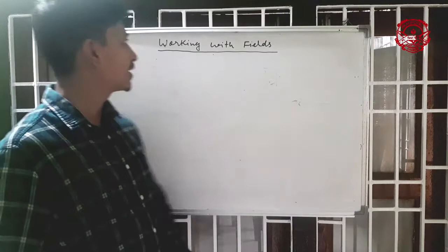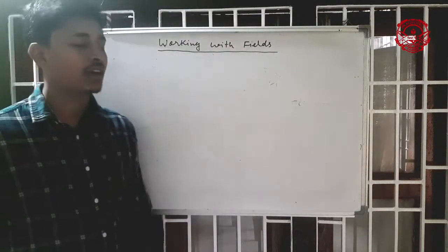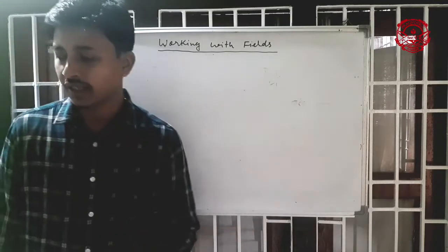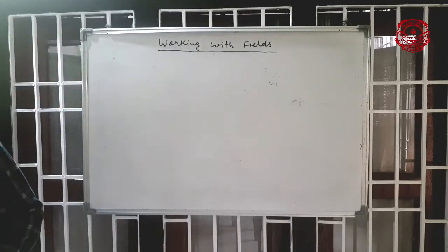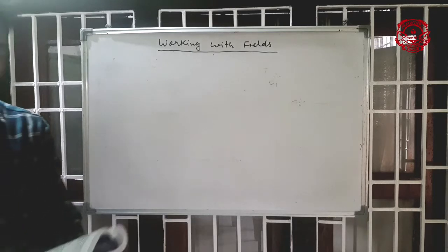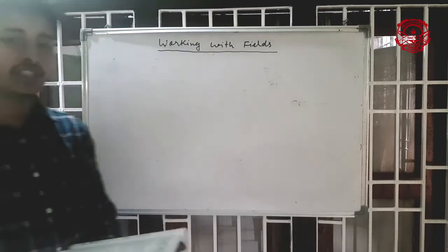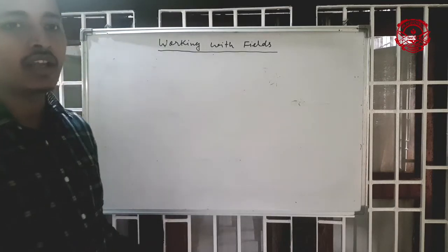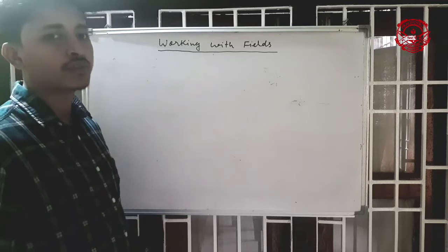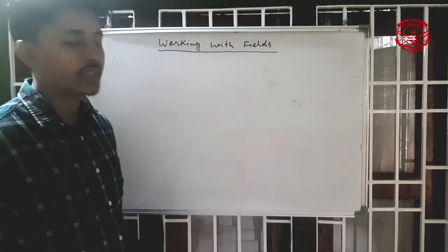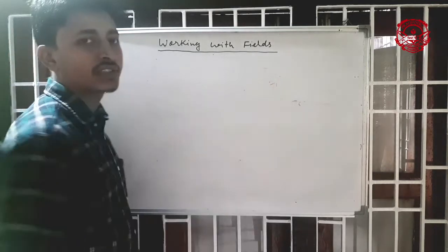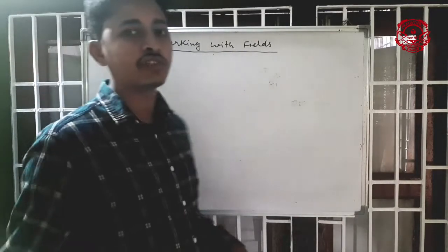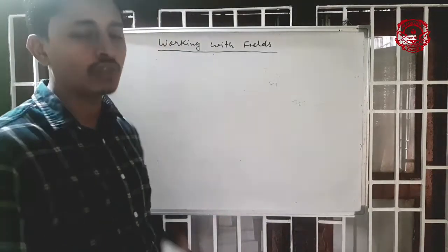Now today we will discuss working with fields, working with MS Access 2007 fields. Okay, now see, sometimes you can change the table design after creating a table. Means what? After creating a table, you can change the field data type, change the field name also. Everything you can do with the help of fields. Working with fields means what? You can work with a field which already exists or is newly created.